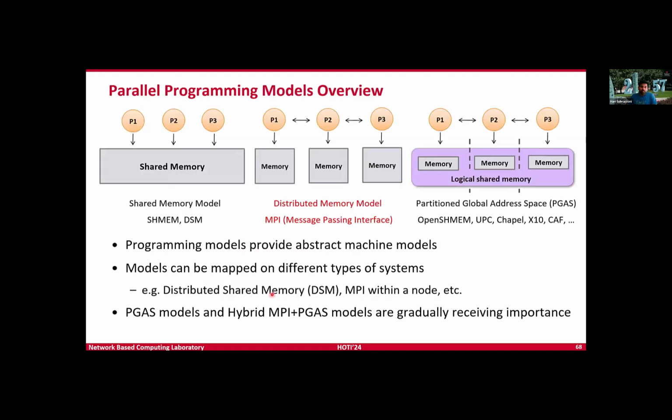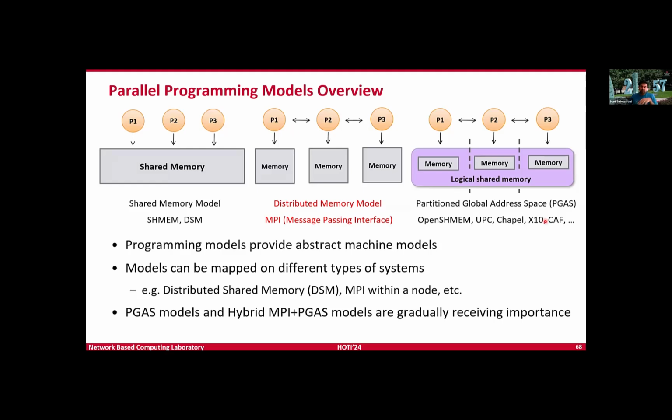If you look at parallel programming models, all of us grew up programming with a common physical shared memory, where different processes have access to the same physical shared memory. But these have limitations. To address these limitations, the distributed memory model came in, where processes are aware that they don't have access to the same physical memory, and explicit send or receive operations, or communication operations, need to be performed to send and receive data. This is very, very scalable. Unfortunately, it has some overhead because now your code has to be rewritten to be communication aware.